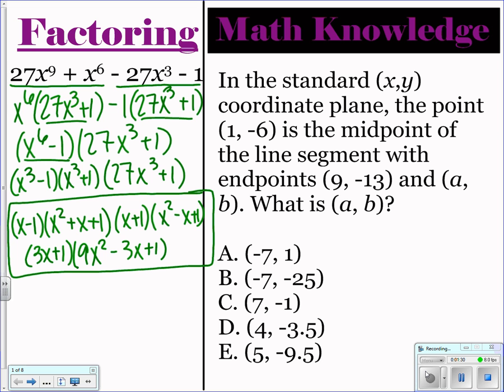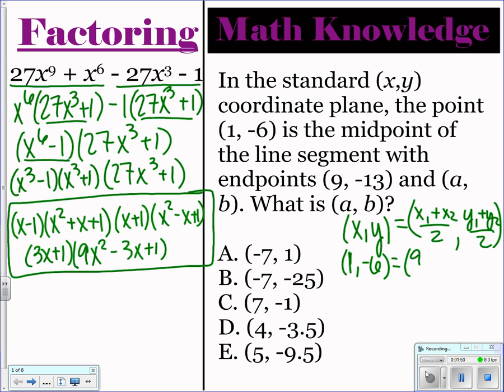For the math knowledge question, it gives you the midpoint, and then it gives you one of the points, and it asks for the other one. Your midpoint formula, if this is your midpoint, you found it by adding your x's and dividing by 2, and adding your y's and dividing by 2. So our midpoint was 1, negative 6,